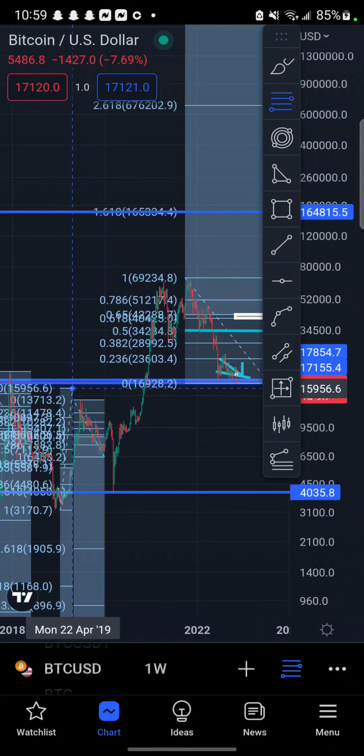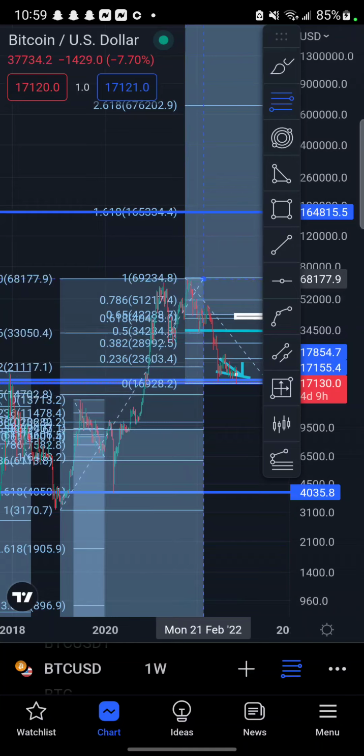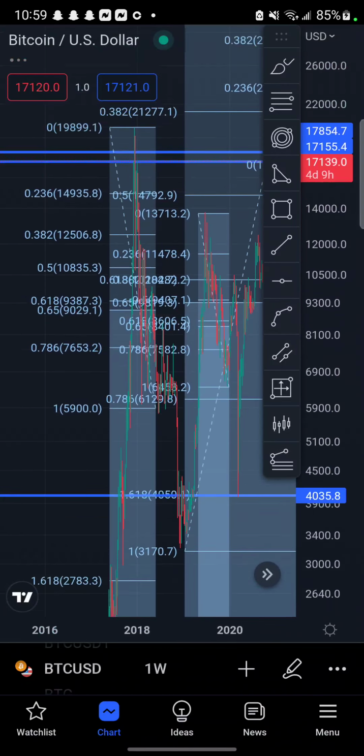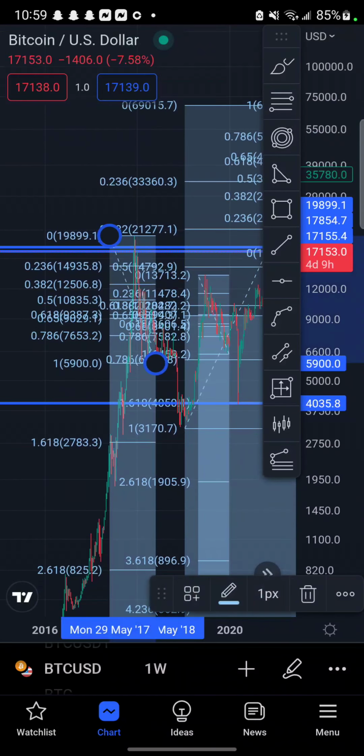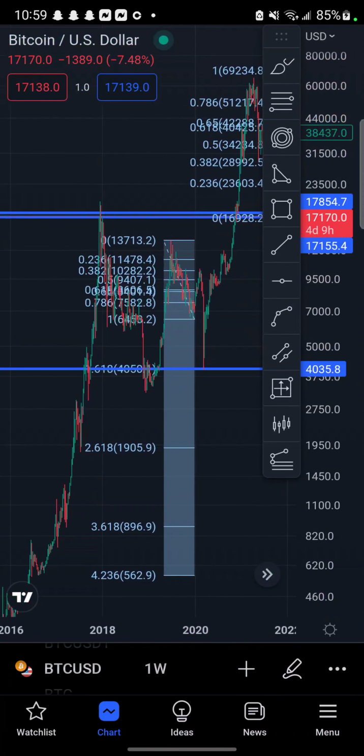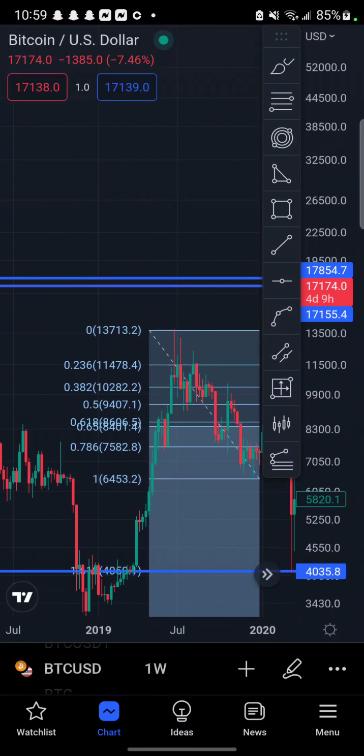Take a Fibonacci from that low and drag it all the way up to the highest price. And all we do is look at the 0.618 Fib. Now the 0.618 Fib, let me delete all this other stuff. The 0.618 Fib is,